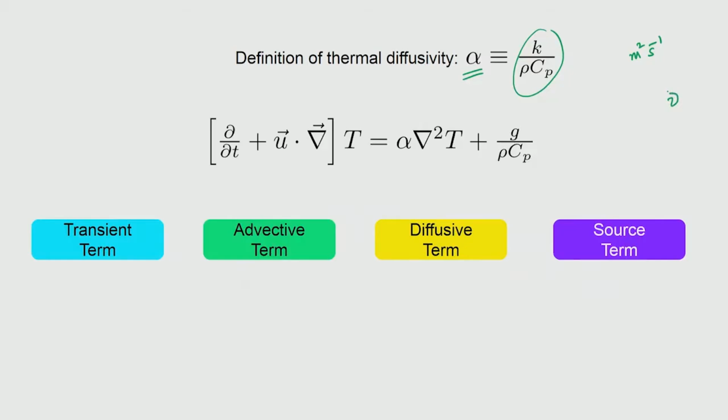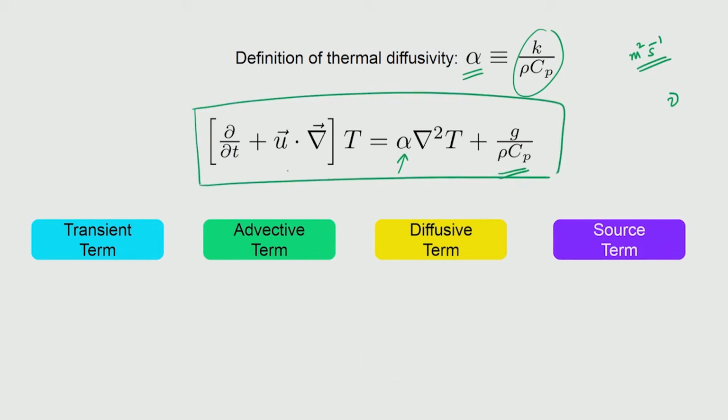In momentum transfer, we look at what is called the momentum diffusivity, and that is basically nu, the kinematic viscosity, and that has also the same units. So, we then substitute that here, and G by rho Cp comes about because rho Cp is taken to the right hand side. So, now this is basically the governing equation for heat transfer for us,